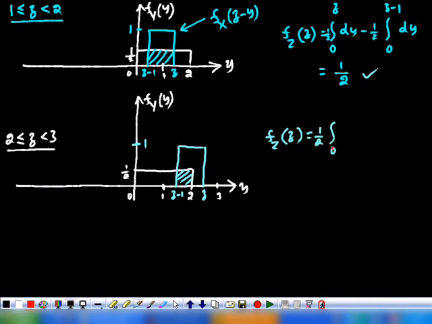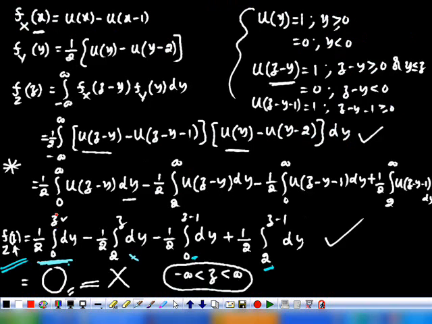First integral 0 to z dy, and then the second one is 2 to z, so we can eliminate it. Okay. And the third one can be considered. So therefore minus 1 by 2, 0 to z minus 1 dy. And the next one, again you are getting 1 by 2. So 0 to z, z is in between 2 and 3, so we can consider the first integral.